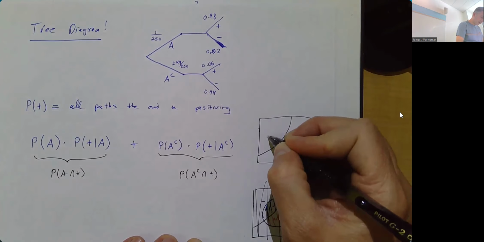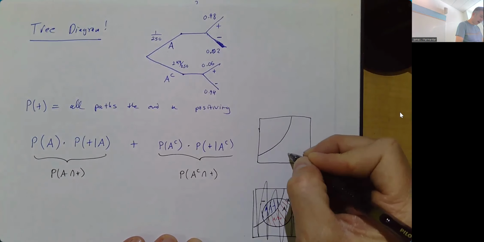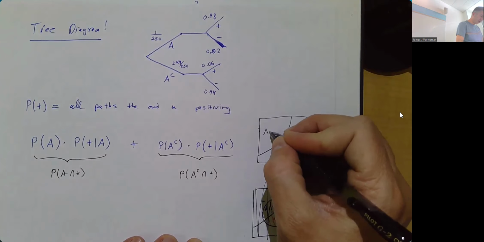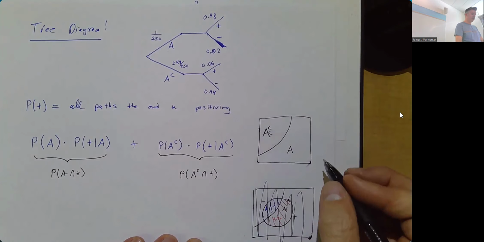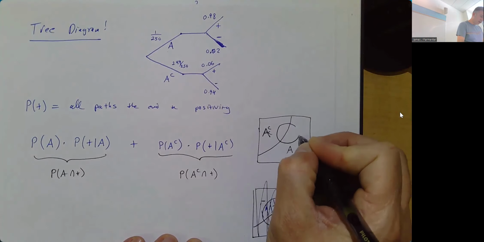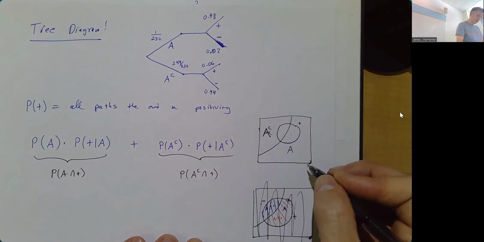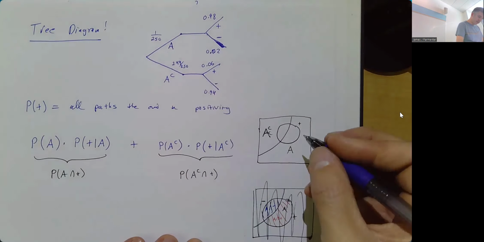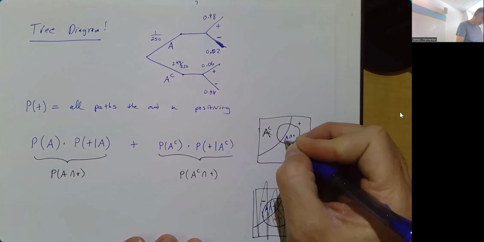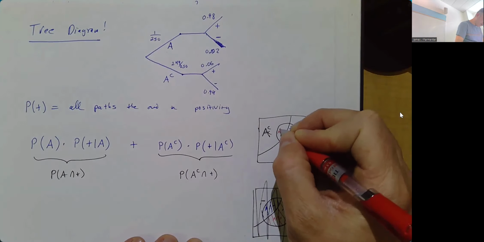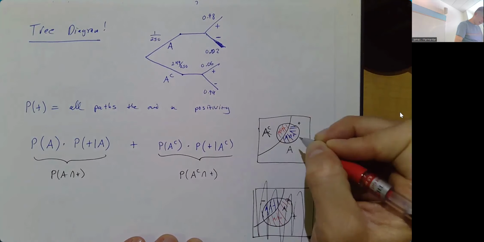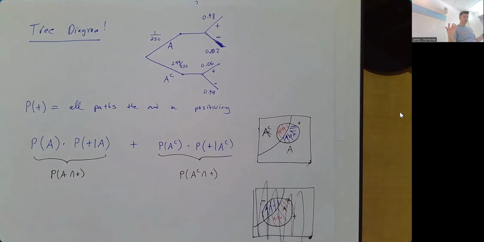Here's all the people that have the disease. Here's the people that don't, although my sizes here are not representative of the actual numbers. That's okay. And here's the people that are testing positive. So here are my A and positive, and here are my A complement and positive. And together they give you all of the positives. You don't actually need to know that either, though, because if we just look at the tree,